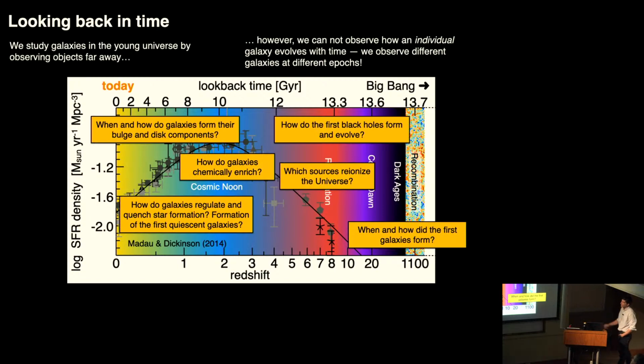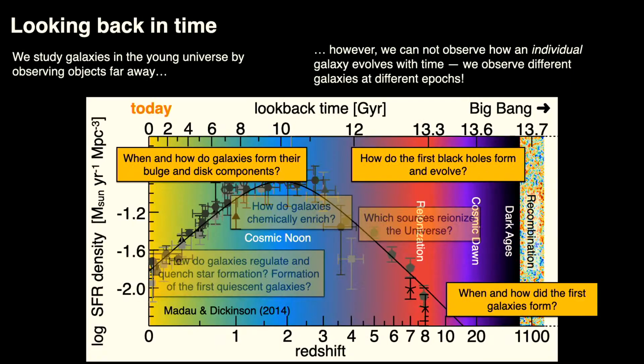So there are still a lot of very fundamental questions that are open related to how galaxies are actually growing, how they're regulating their star formation, about the morphology of galaxies, how galaxies actually build up their elements, which sources in the universe actually reionized the universe, how the first stars and black holes are actually forming in the early universe, and how they then evolved to lower redshifts. So today I will be focusing mostly on these galaxies, though I'm also very excited and happy to talk about those topics. But I try to focus my talk on a few topics so that I'm not bombarding you with